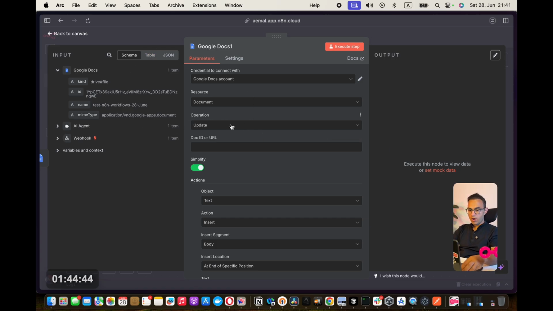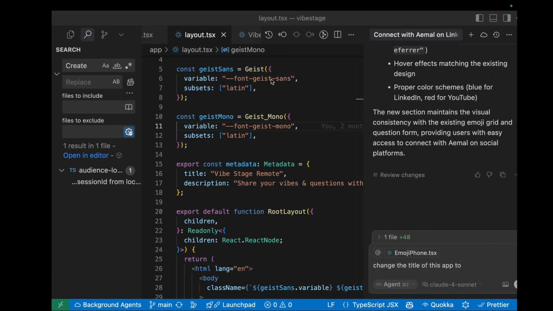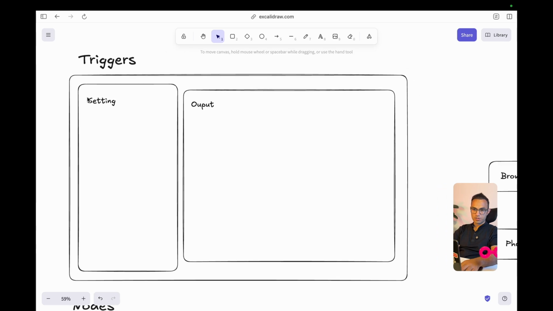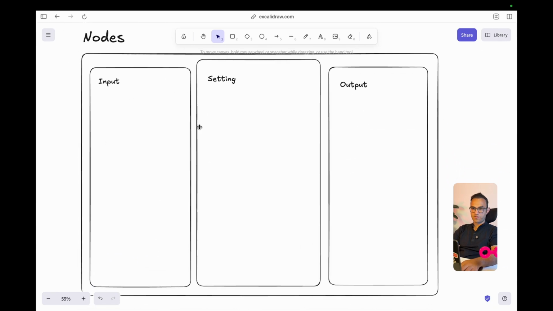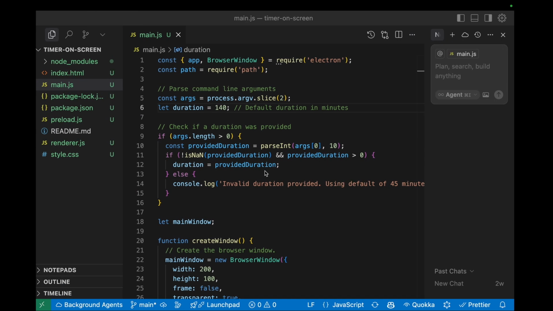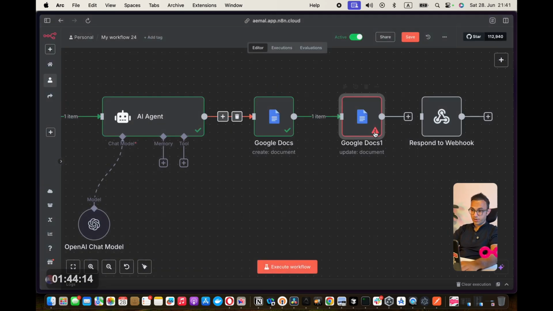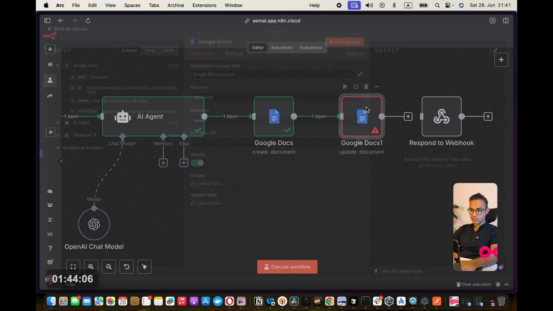Okay? Now is the time that we are touching this important concept of input, output and the settings. We already planned it when we started here. We said there are these kinds of windows: input, settings, output. Now let's see why we need this and how we can make use of this. You saw that I created a Google Doc just a minute ago through this workflow, this node. And now I want to update it and put some content here. How do I do this?